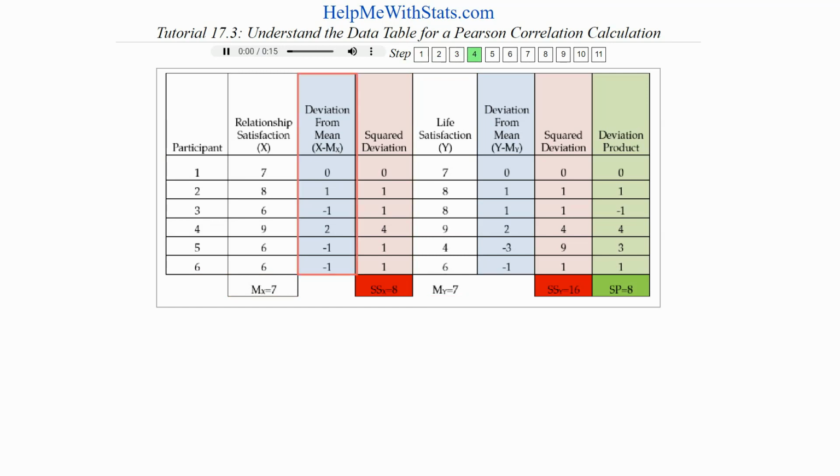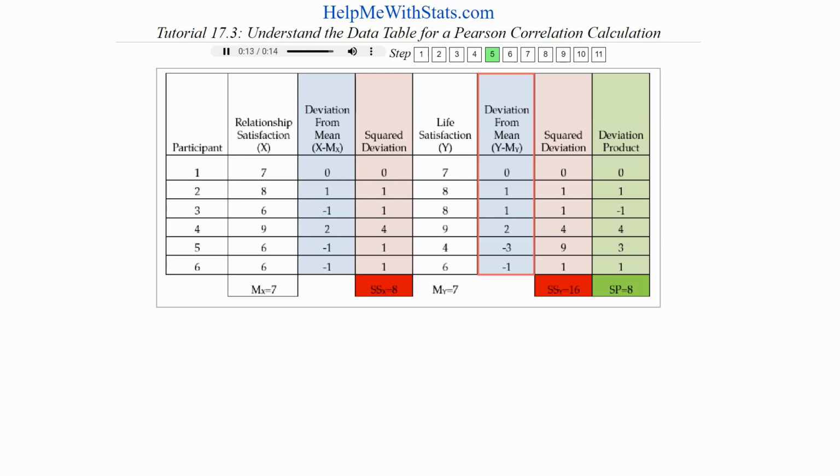In blue, we have the deviations of all the relationship satisfaction scores. The deviation for each relationship satisfaction score is calculated by subtracting the mean of the relationship satisfaction scores from the score itself. Also in blue, we have the deviations of all the life satisfaction scores. The deviation for each life satisfaction score is calculated by subtracting the mean of the life satisfaction scores from the